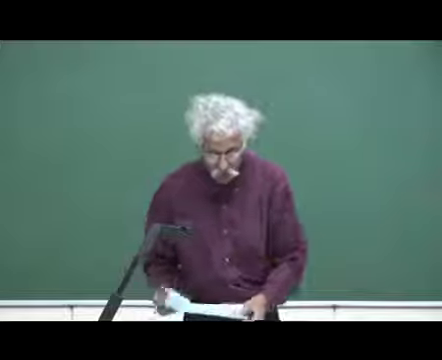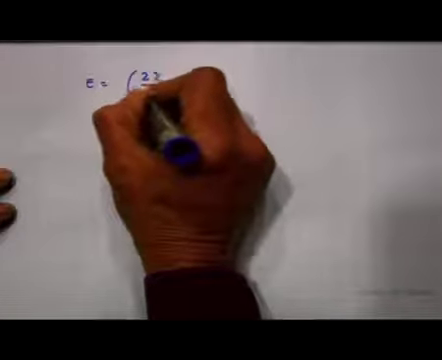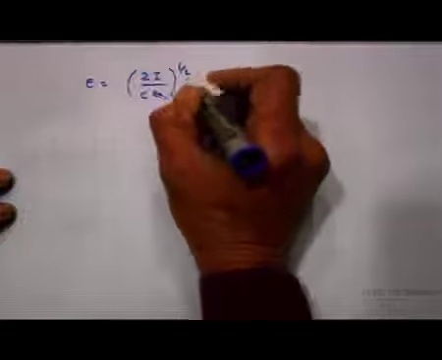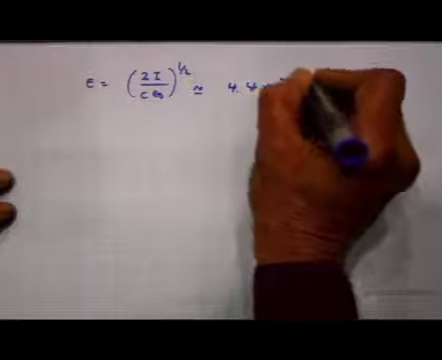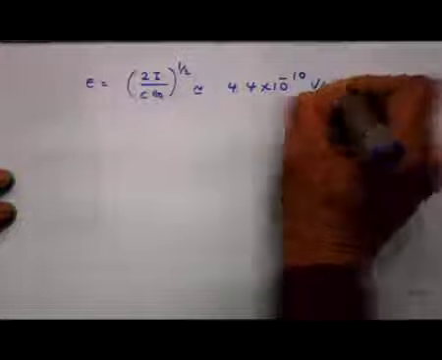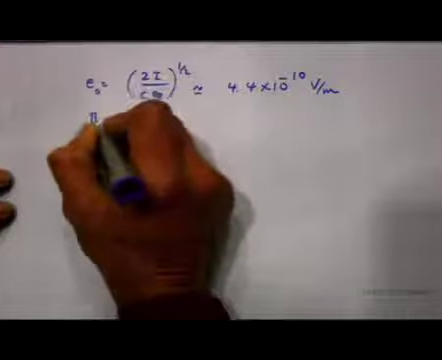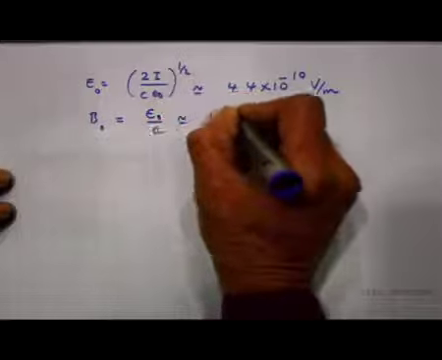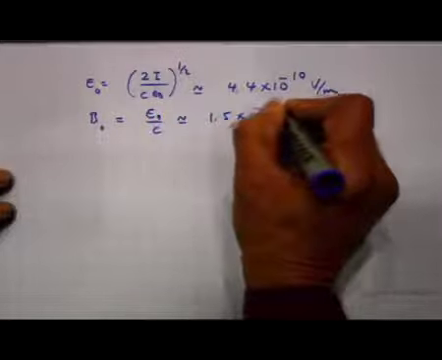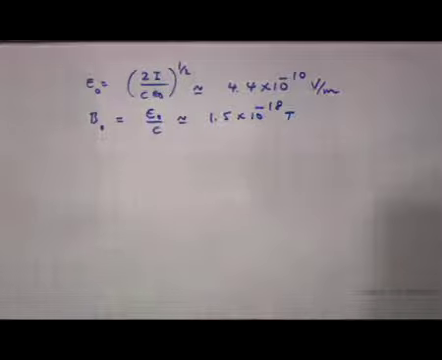the corresponding electric field. Electric field is (2I/cε0)^(1/2), and that comes out to be 4.4 × 10^-10 volts per meter, and the magnetic field is equal to E0 by c, which is approximately 1.5 × 10^-18 Tesla. It is a very small electric and magnetic field that is coming from the spacecraft, and our detectors here are able to detect these